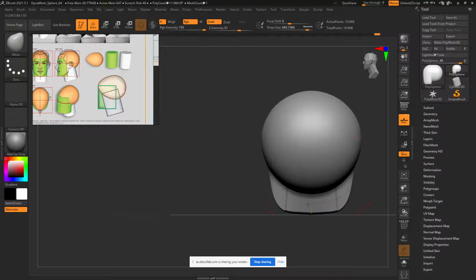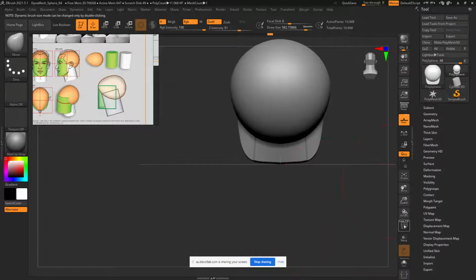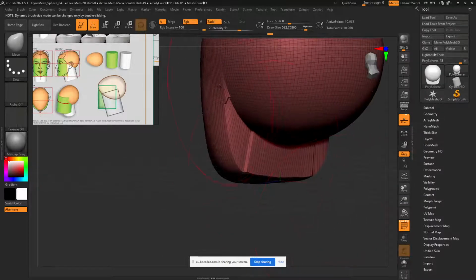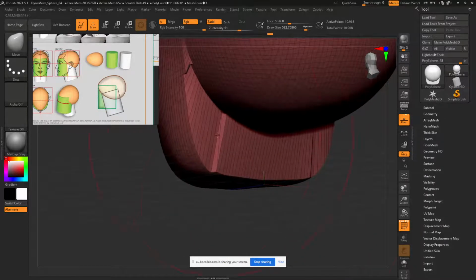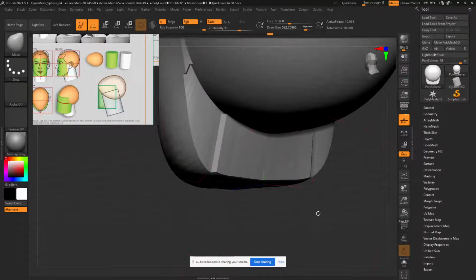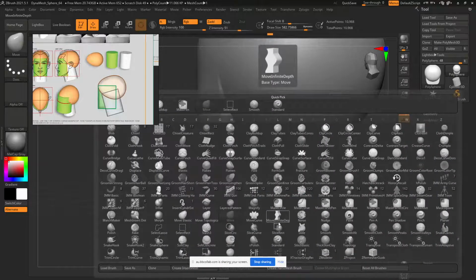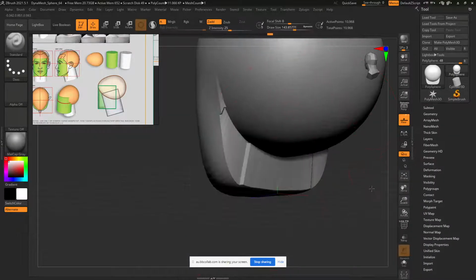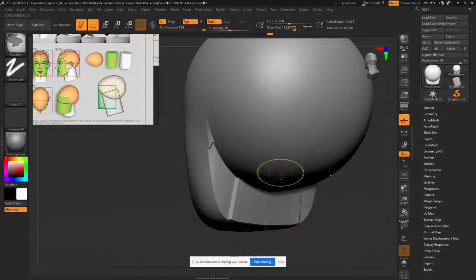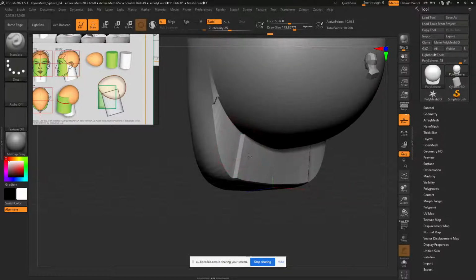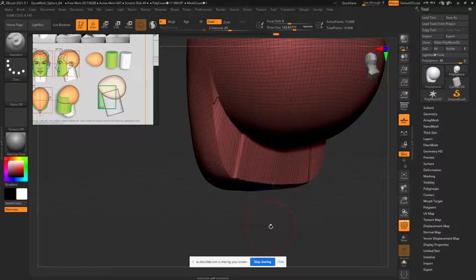Okay. Now, this is the only time I'm really going to talk about Dynamesh, I think. So if we look at our sphere here, when I've pulled out the front of the face, can you see how that tiny square has gotten really long and elongated? What that means is if I grab my standard brush and draw here, I'm getting that result. But if I draw here, can you see how it's not really doing anything? And that's because of the way that 3D works,